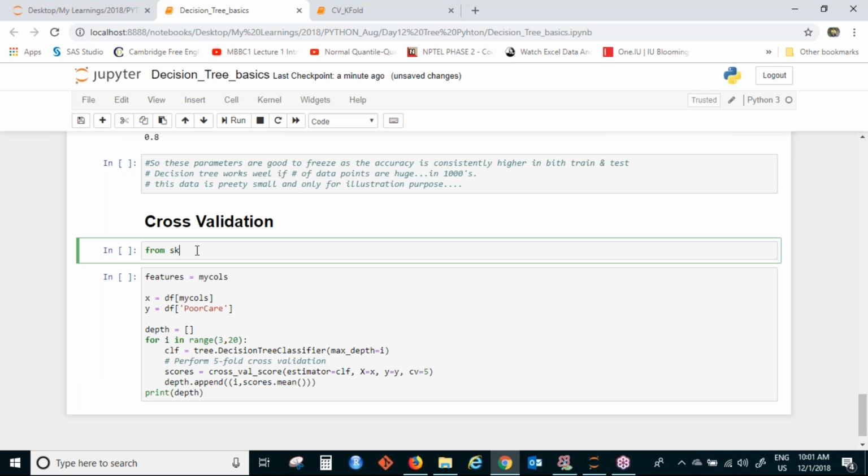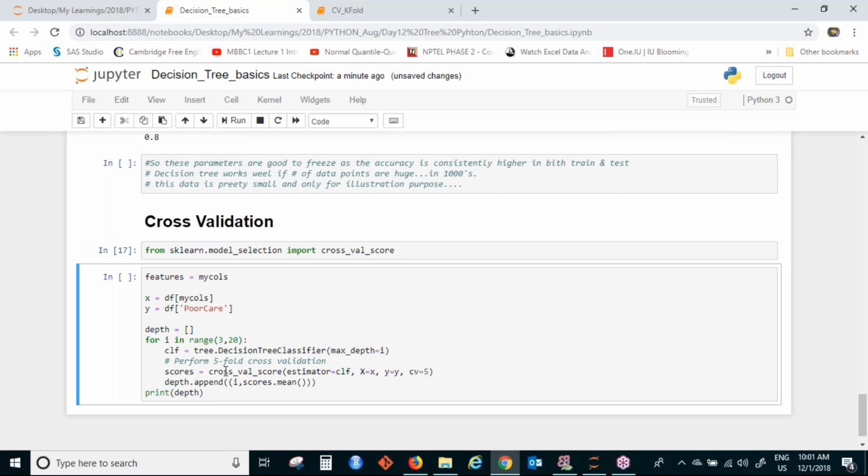So from sklearn.model_selection import cross_val_score. So we have to import this function. So after importing, then you can use this. So use this function and then give